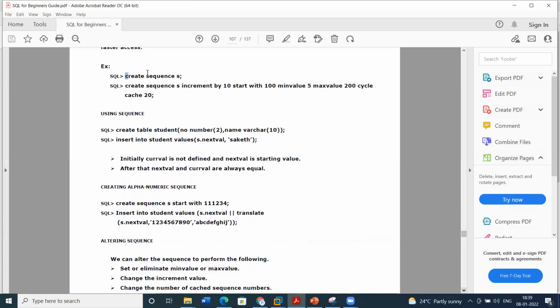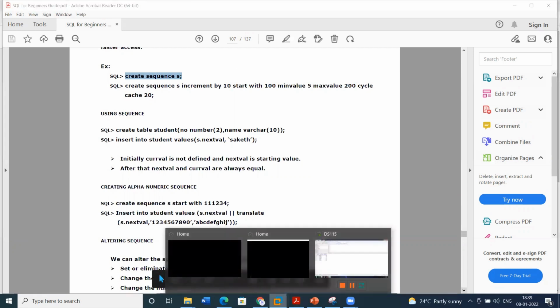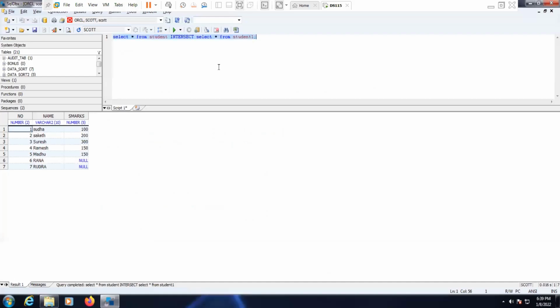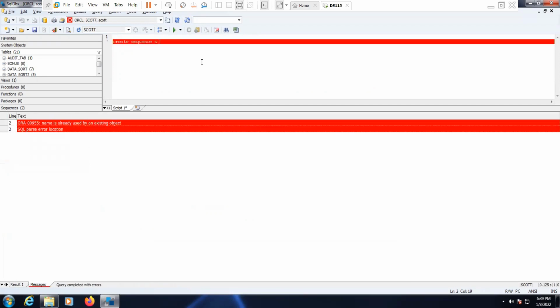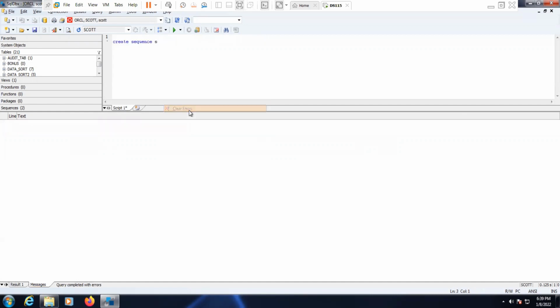So let's execute this small example. Create a sequence S. How it works. This name already exists.